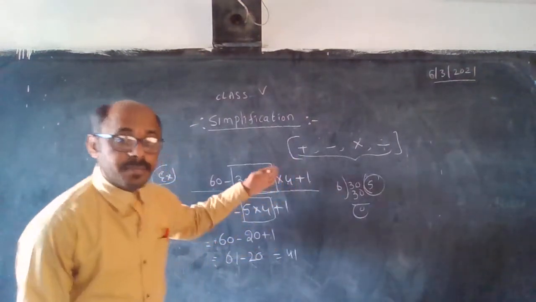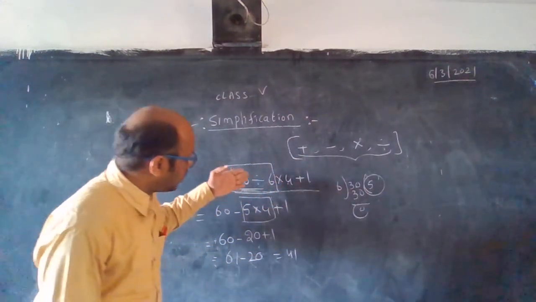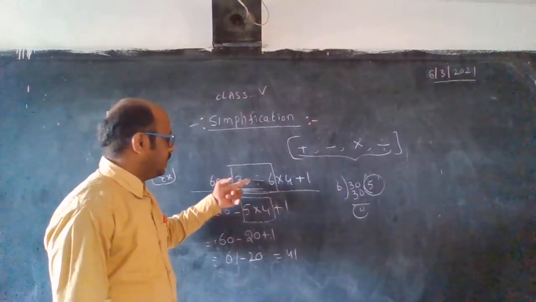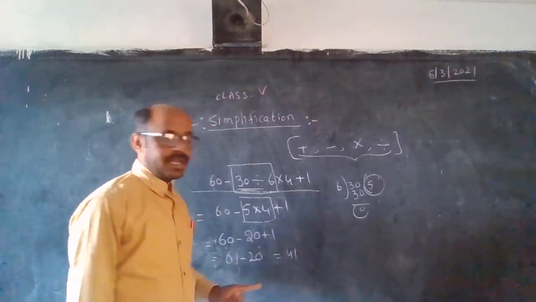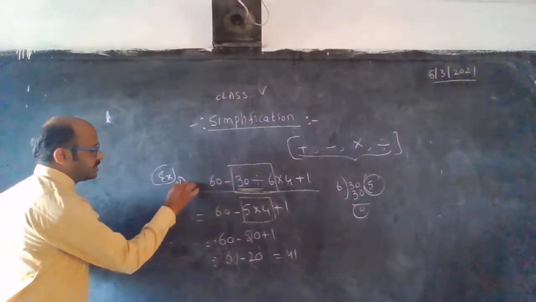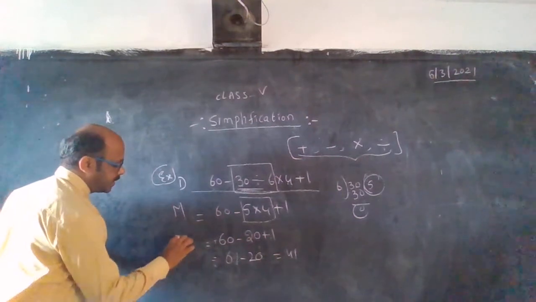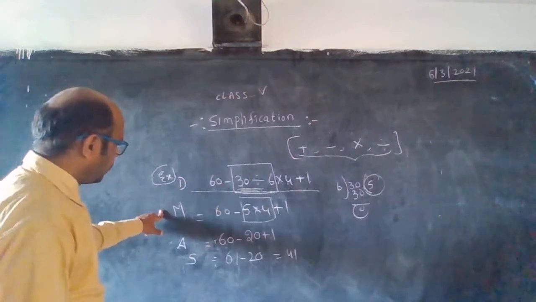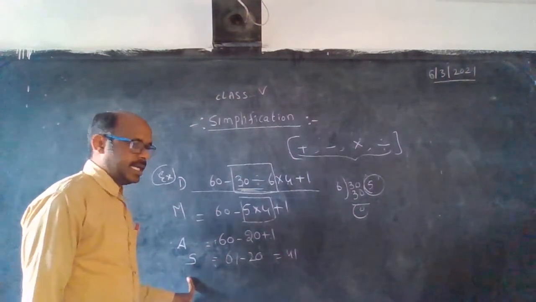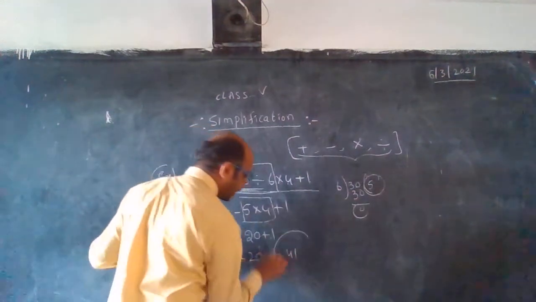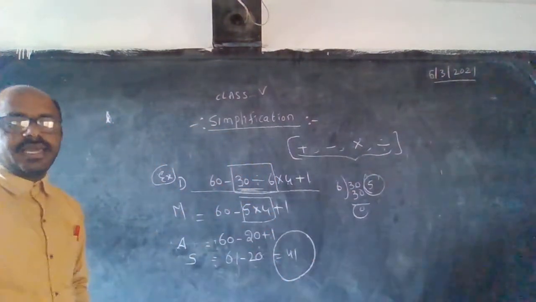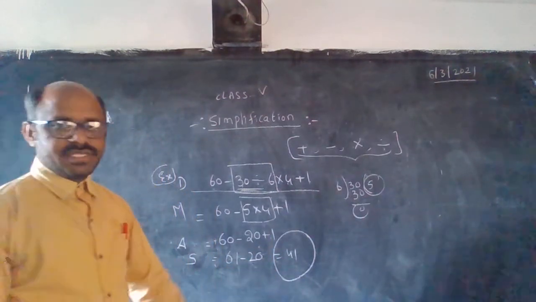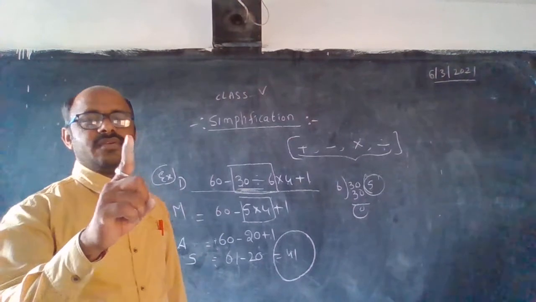Okay, after applying every operation symbol, first we applied division, multiplication, addition and subtraction. First which one did we apply? Division. After that multiplication, addition, subtraction we applied. After applying all of these, finally a single numerical number came. What is that? 41. Which number came? That is only one term.